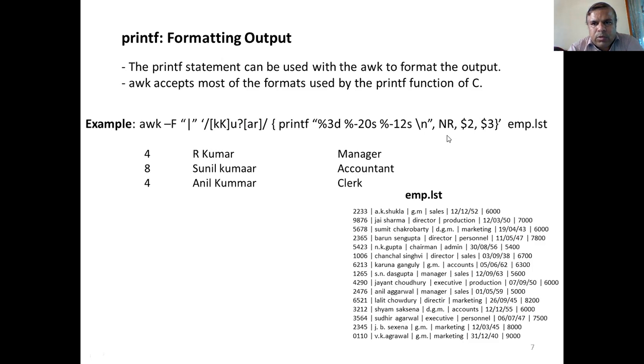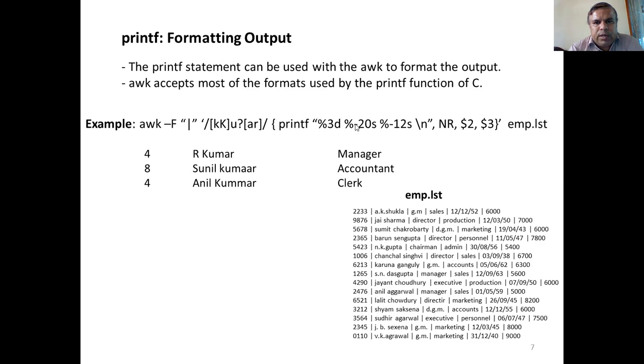Which are the things you want to print? The line number. NR is an AWK built-in variable that specifies the line number. The line number is an integer, so what is the format specifier? It is %d, and it is 3 characters wide. And next, $2, the parameter $2 prints the second field, which is 20 characters wide. -20 is the character width.